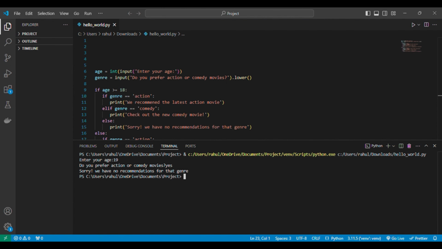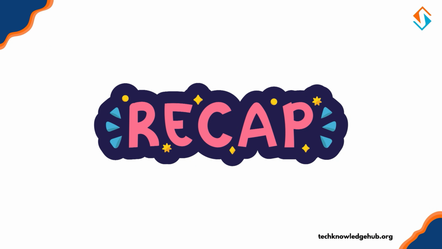in Python. To recap, today we learned about conditional statements and how they allow us to make decisions in code, the roles of if, elif, and else, comparison operators and how they help us set conditions, and nested conditions, which allow us to add more complexity to our logic. These are powerful tools that will help you create dynamic programs. Practice combining these ideas to build real-world logic into your programs.